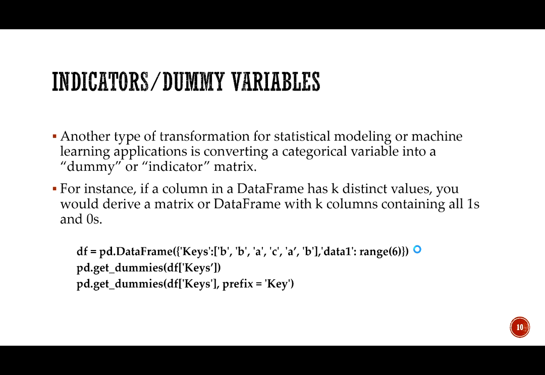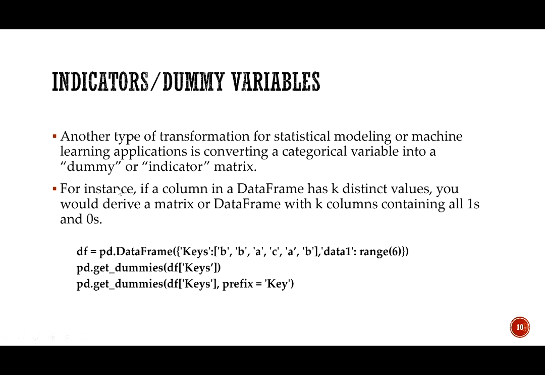So far we went over some useful methods to update values in rows or columns. Another type of transformation that we use a lot for statistical modeling or machine learning applications is converting a categorical variable into a dummy or indicator matrix. This is really important because we shouldn't treat categorical variables like ordinal variables. So for instance, if a column in a data frame has k distinct values or categories, you would derive a matrix or data frame with k columns containing all ones and zeros,